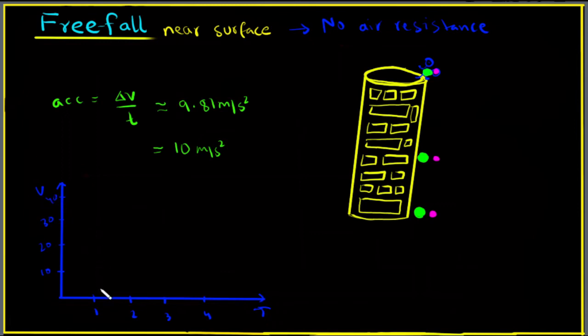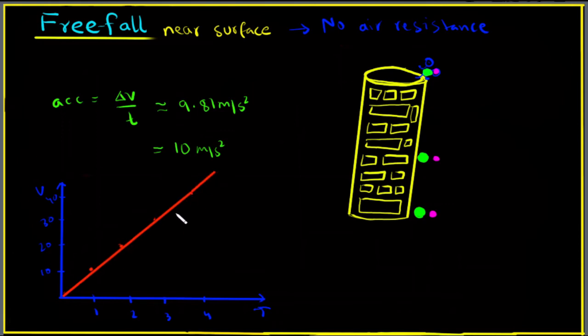So in 1 second, the speed of that thing will increase up to 10 meters per second, right? In 2 seconds, it will reach 20. In 3 seconds, it will reach 30. In 4, it will reach 40, right? So we can connect all these points together, and we will have a line that will represent the motion of